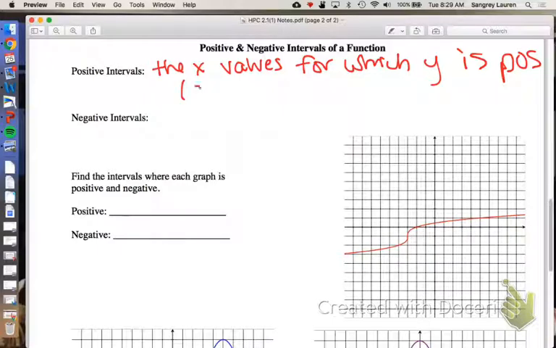So this means we're going to be above the x-axis if y is going to be positive. So that's sort of visually what you're looking for, where your graph is above the x-axis,